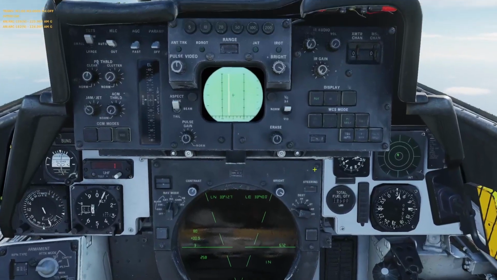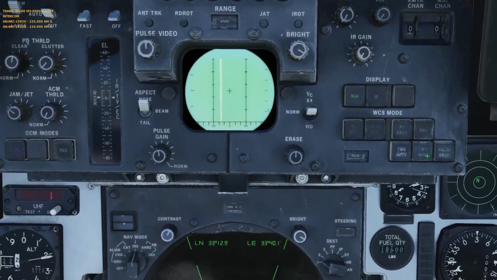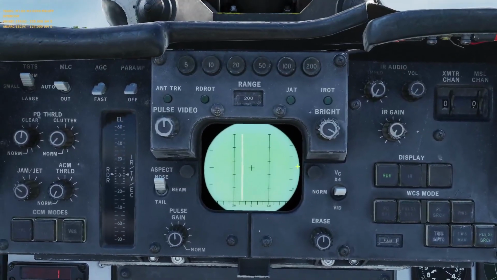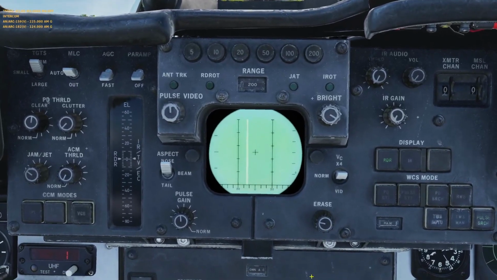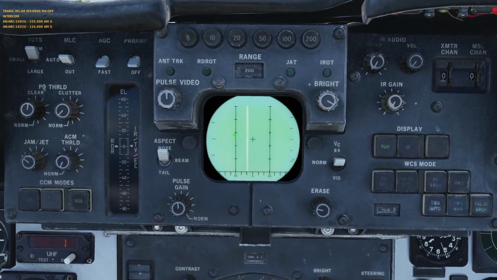So because we still haven't picked the targets up in PD search, I'm going to have a look at pulse search. So keeping it at 200 miles. I'm also going to turn the erase down. So the erase is